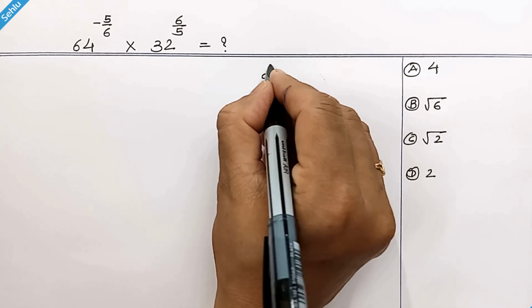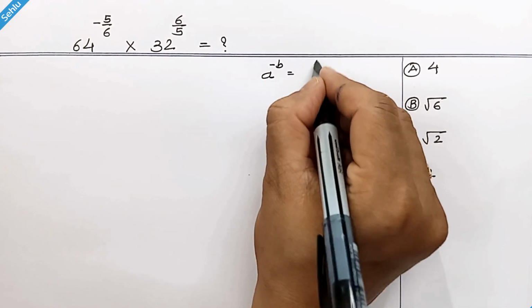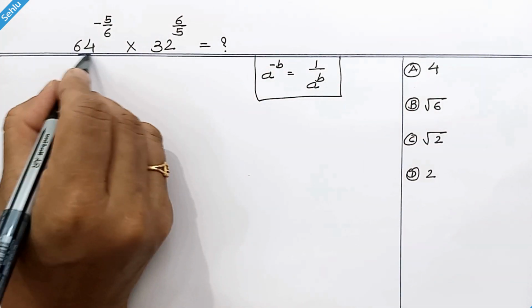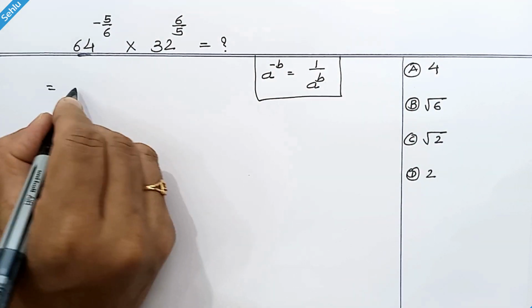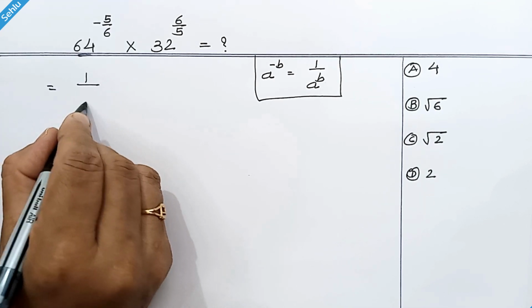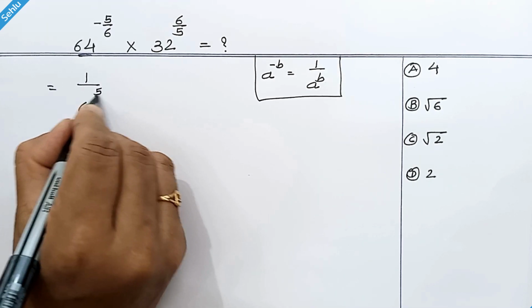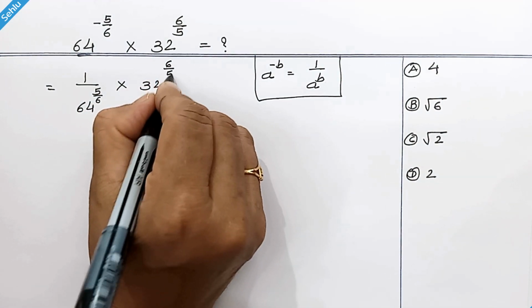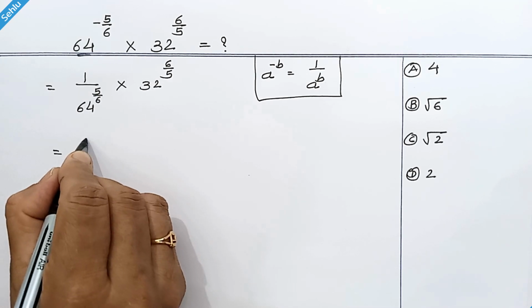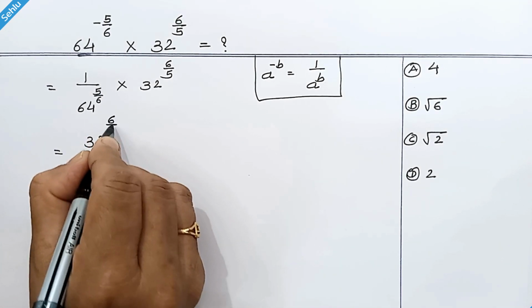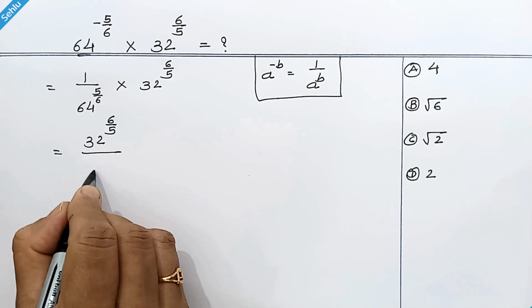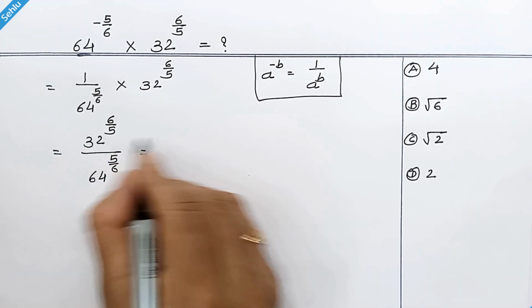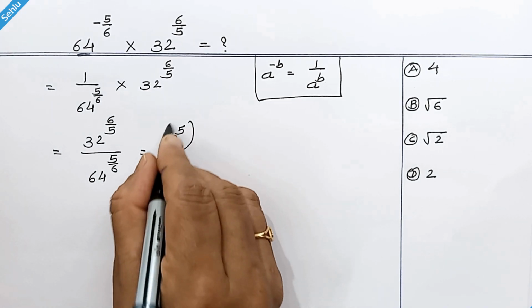When we have a to the power negative b, then it can be 1 over a to the power b. So according to this rule, this part can be written as 1 over 64 to the power 5 over 6. So this can be written as 32 to the power 6 over 5 over 64 to the power 5 over 6. Now 32 is 2 to the power 5